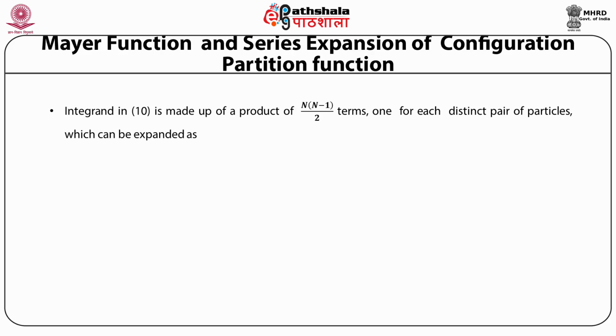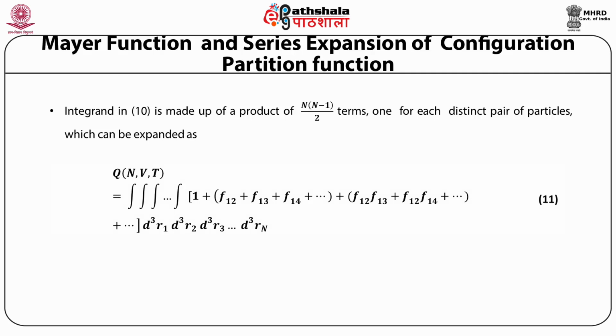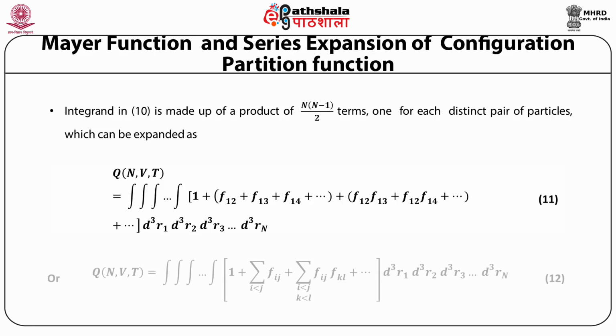The integrand in equation 10 is made up of a product of n(n-1)/2 terms, one for each distinct pair of particles, which can be expanded as Q(N, V, T) equal to a multidimensional integral from d³r1 to d³rN over 1 + f12 + f13 + f14 + so on + f12·f13 + f12·f14 + so on,